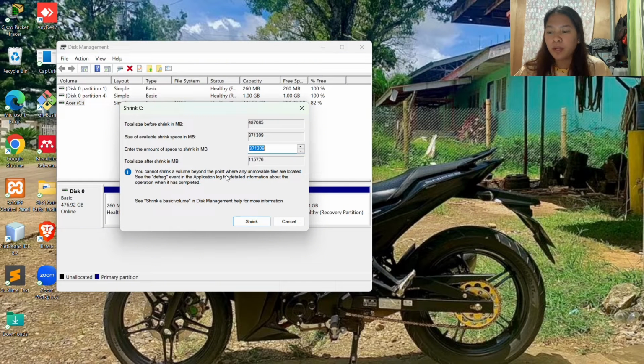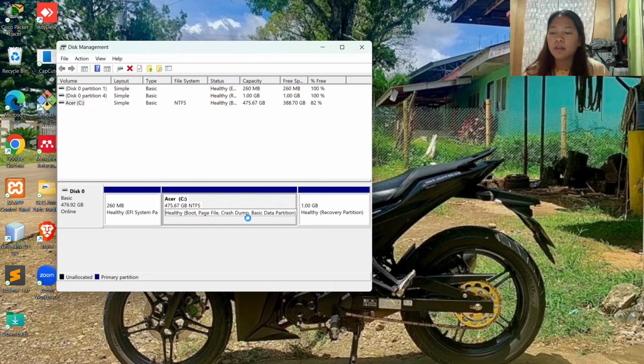After it loads, you can see the total size, the size available, and the total size after the shrink. So I want to make 5 gigabytes, which is equivalent to 5,000 megabytes. After entering the amount of space, we have to click Shrink.